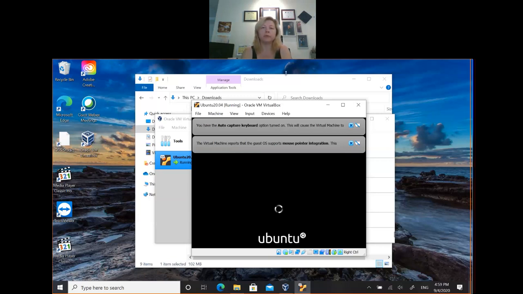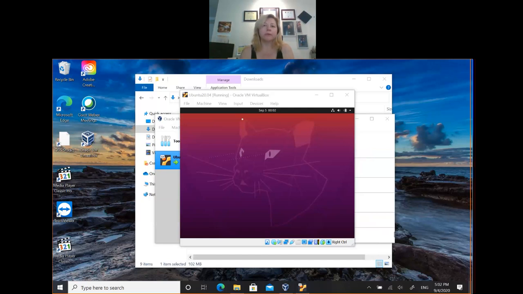I'm going to pause right now while it's loading. So I paused the video while it was installing, and it took about a couple minutes, no longer, to install. And now you can see the GNOME, the desktop of the Ubuntu,